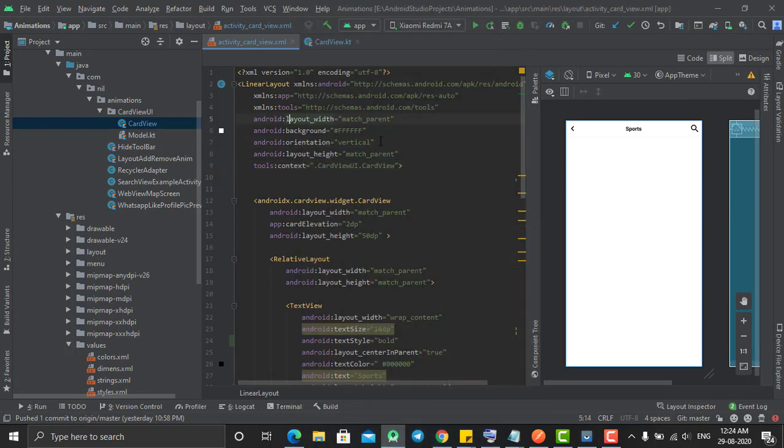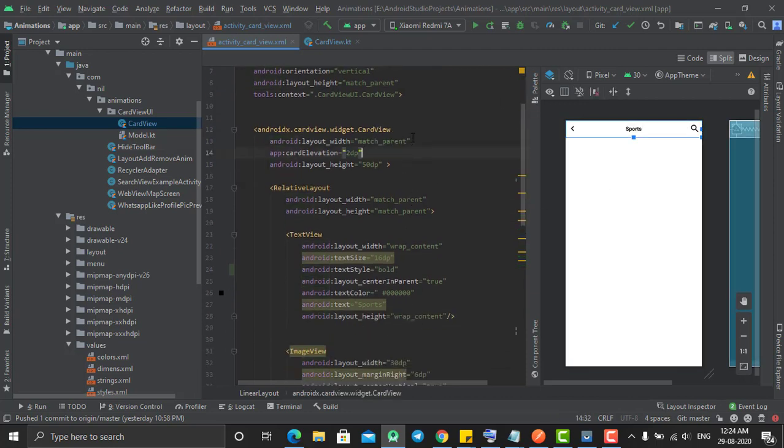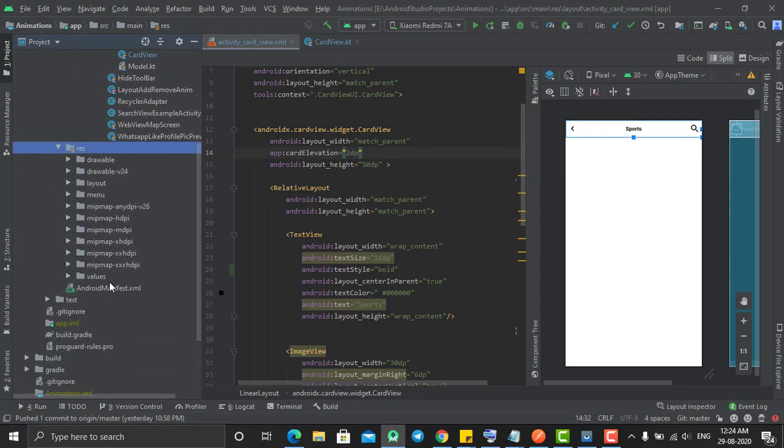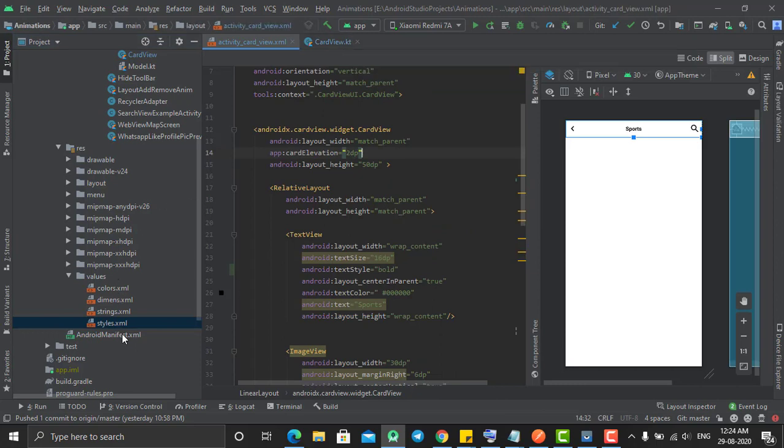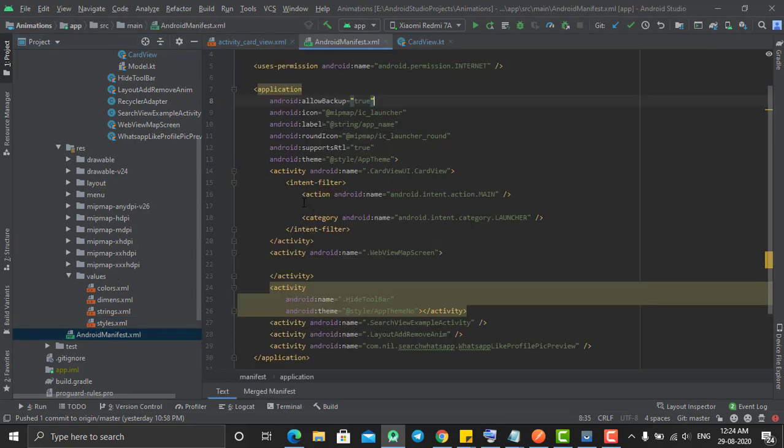So here my parent layout is a LinearLayout, so that I can add components vertically one by one in this screen. I have given this parent LinearLayout orientation as vertical as well as background as white color. After that I added a CardView. So why CardView? Because currently in styles I have given my application theme as NoActionBar, which means my application will not contain any action bar, and I attached that theme to my manifest file.